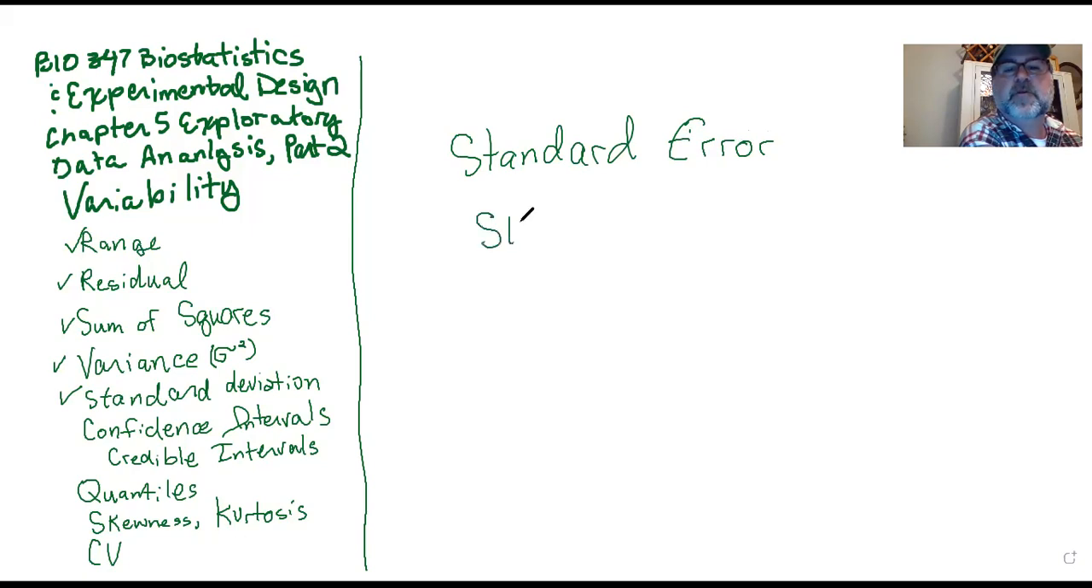There's no symbol for it. Often you'll see SE or SEM, standard error of the mean, and that's going to equal our standard deviation divided by the square root of n. So this gets kind of complicated because if we look at what the standard deviation was, right, we have the sum of squares